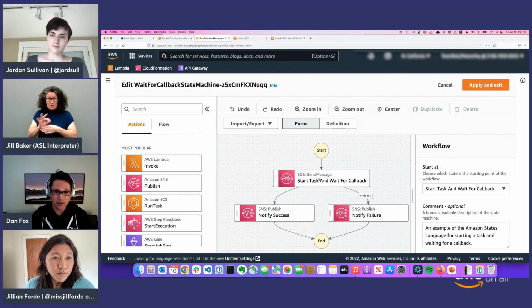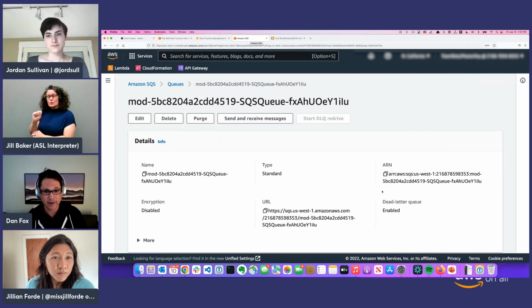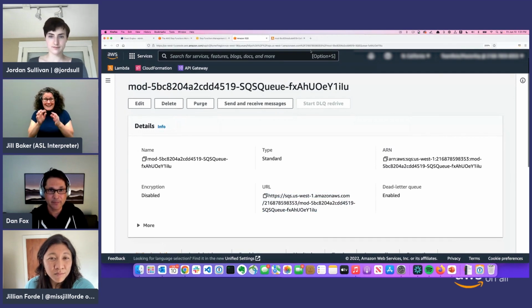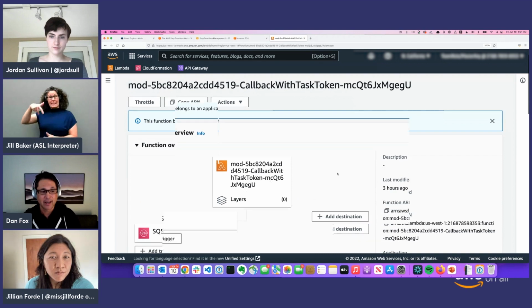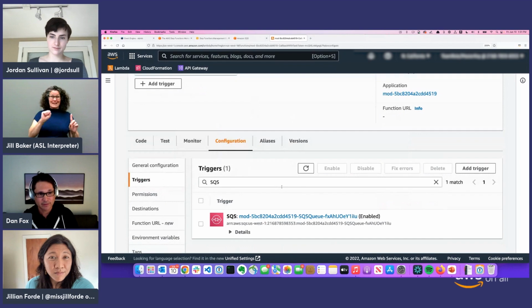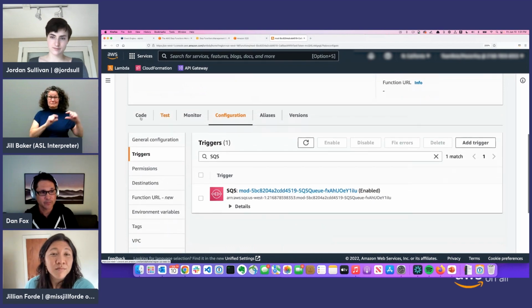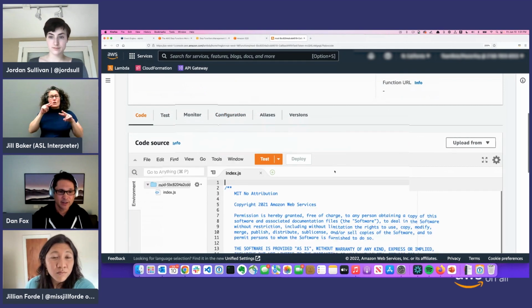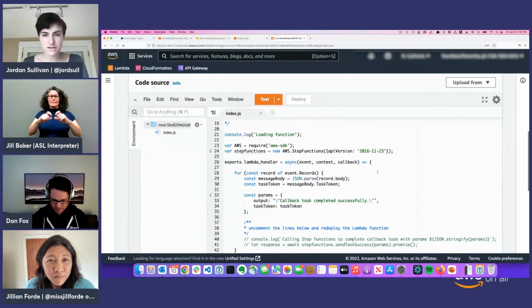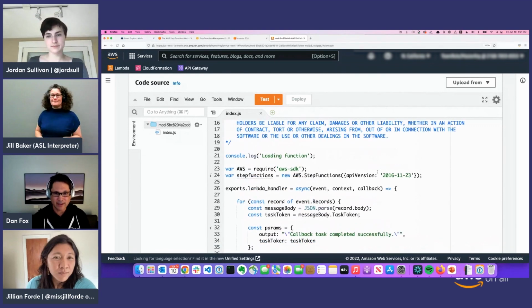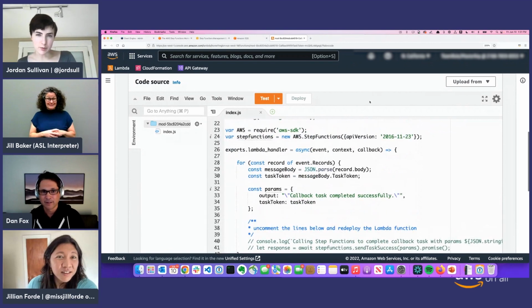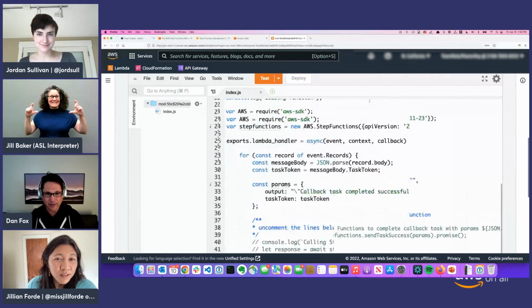So let's go take a look at the SQS queue here. You can see this is the SQS queue. You recognize that queue name. And then we'll go to the Lambda function here. The Lambda function is pointed at this SQS trigger. Same one here. And then let's look at the code. Now, are you able to see the code here, or do you need it a little bit bigger? A little bit bigger. Yeah. Let's do that. How's that? I think we could go one more. One more. Let's keep going.